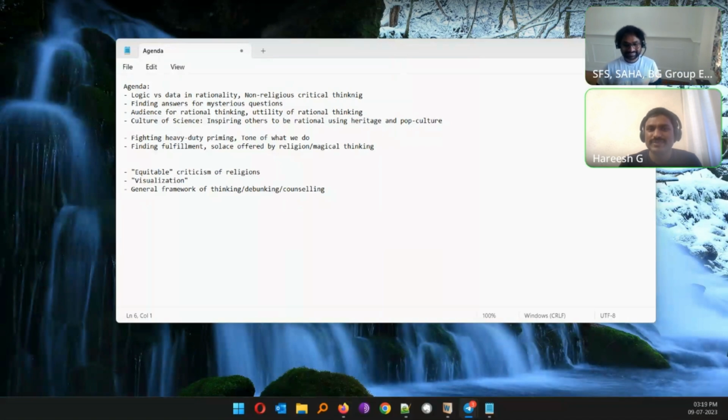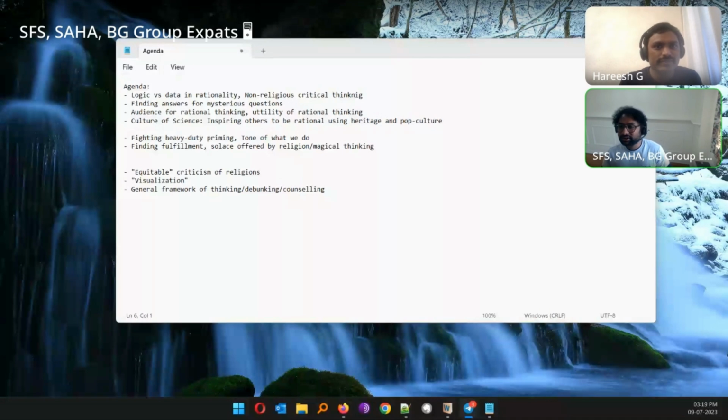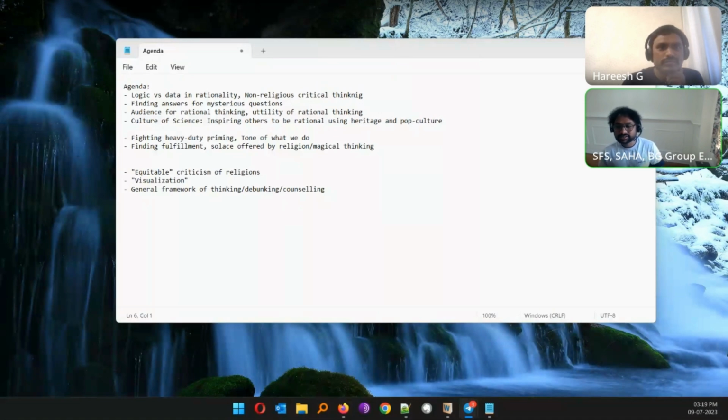Absolutely. Okay, so Vasgar or Godavari or anyone else, do you want to add something before we move to the last agenda item about the culture of science? No, Andy, you can go to the next topic.